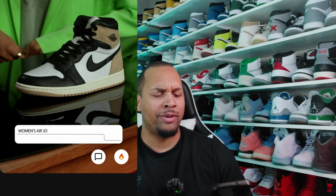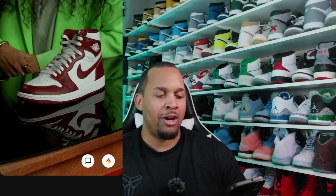I'm not sure of the actual release date for these shoes here. As we get closer to some of these sneakers coming out, we'll definitely talk about them again. They also, not only did they preview this shoe, but they also shock dropped this sneaker, and I'm talking about the Air Jordan 1